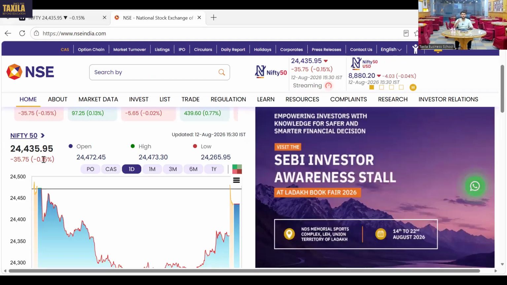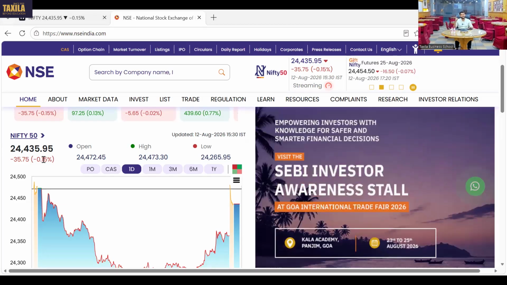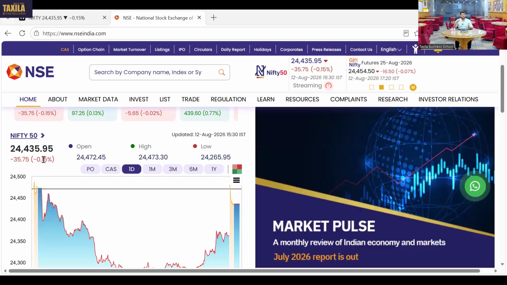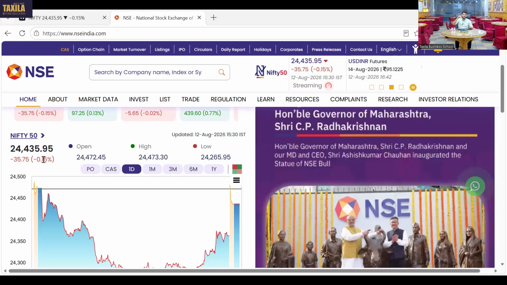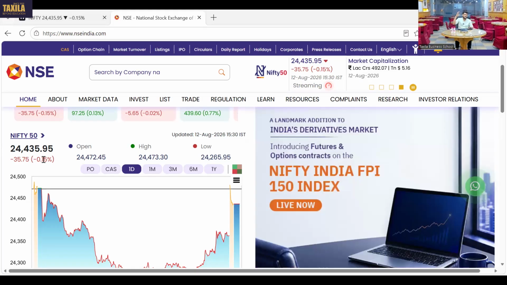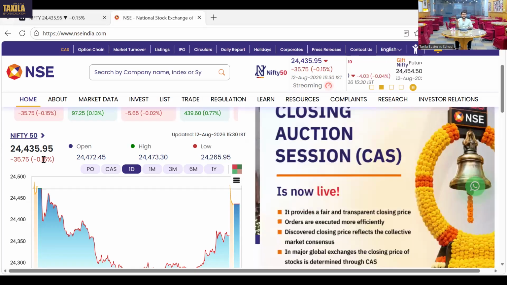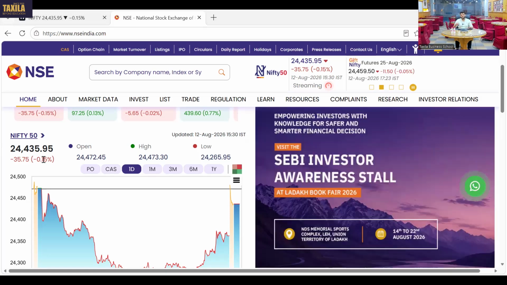There are two common terminologies in market. One is bullish and the other is bearish. Bears' heads are generally down. Have you seen bears? Their heads are always down. So when the market is down, we call it a bearish market. And what does a bull do? A bull throws anyone up with its horns. So whenever the market is up, we call it a bullish market. Bullish and bearish. So what was today's market? Bearish market. Okay. So let's get back to Nifty 50.